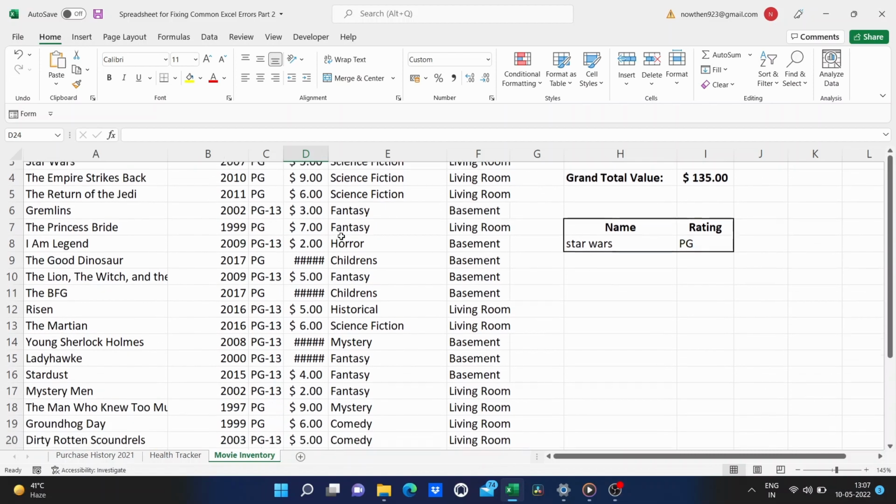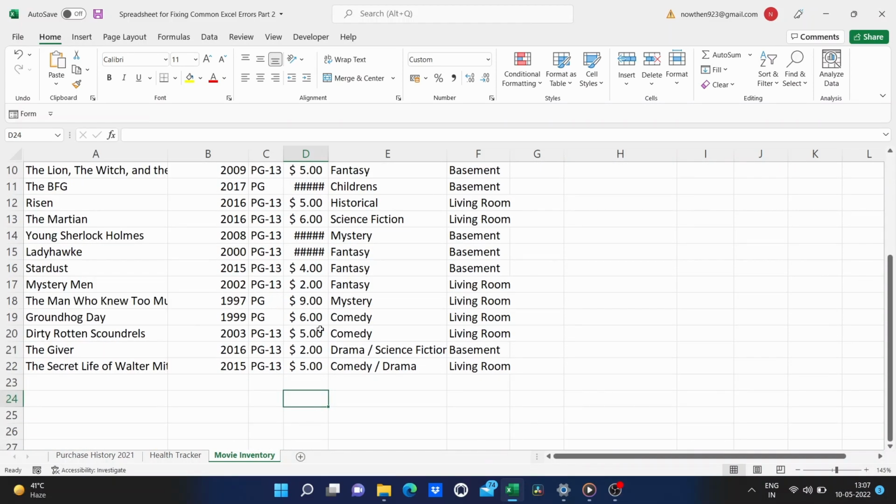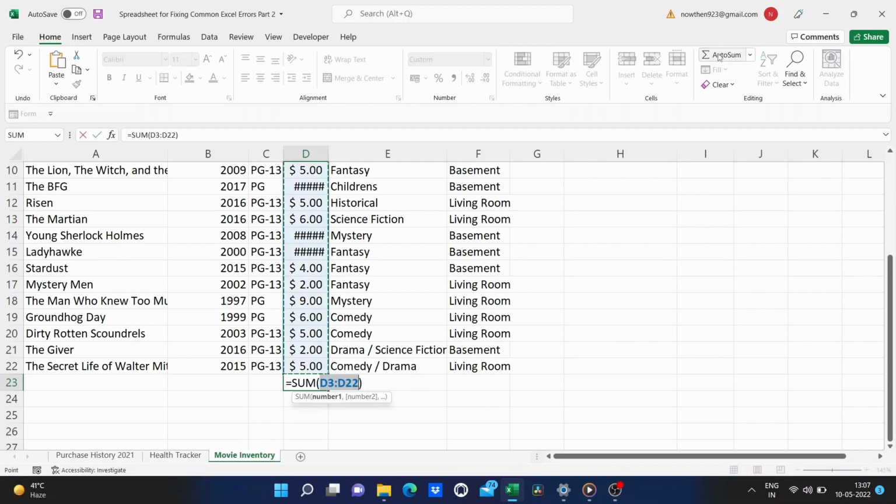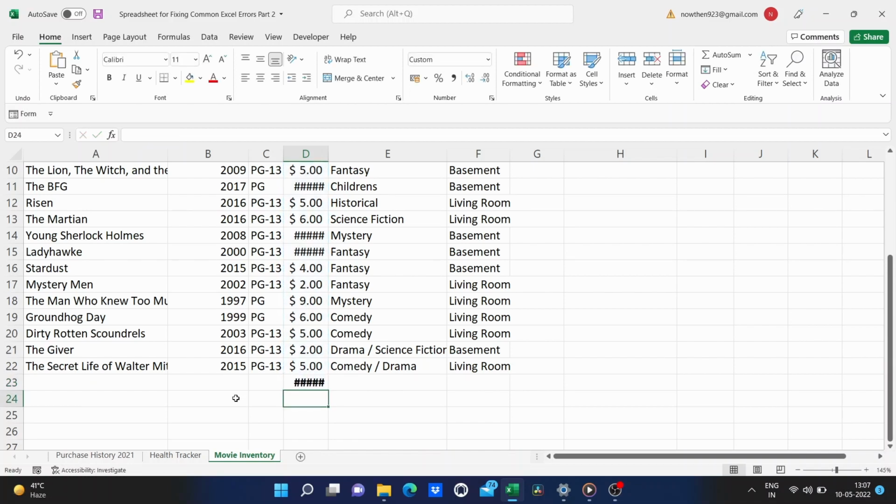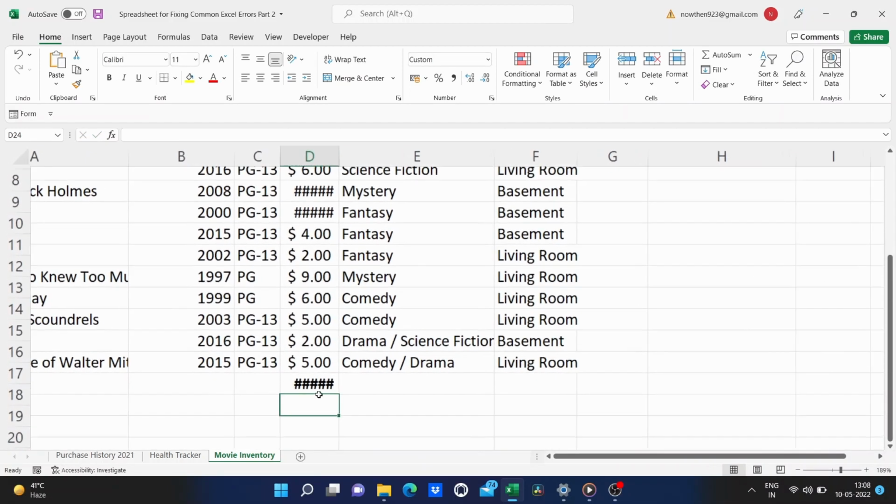So I'm gonna go down here to the bottom underneath them and I would like to get a grand total. So I'll just go up here and use this AutoSum button here on the Home tab, Home ribbon, in the editing group. I can just click that and it will AutoSum everything in that column. I tap enter on the keyboard.